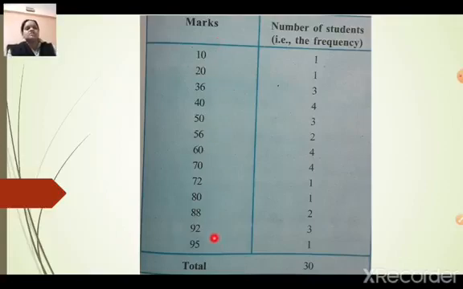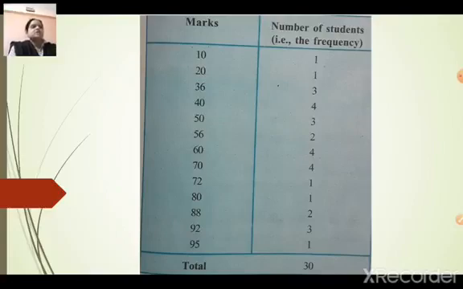Now here you can see the marks start from 10 to 95 and approximately 15 to 20 values are there. So to draw the table it is very easy. But if your data is big, if you have 100 students, or all the divisions of 9th standard together, 250 students' data, and I want to make it in tabular form, then your range will become 0 to 100. In that case, doing it by an ungrouped frequency table is very difficult. In that case, what will we do? We will just draw the grouped frequency table.